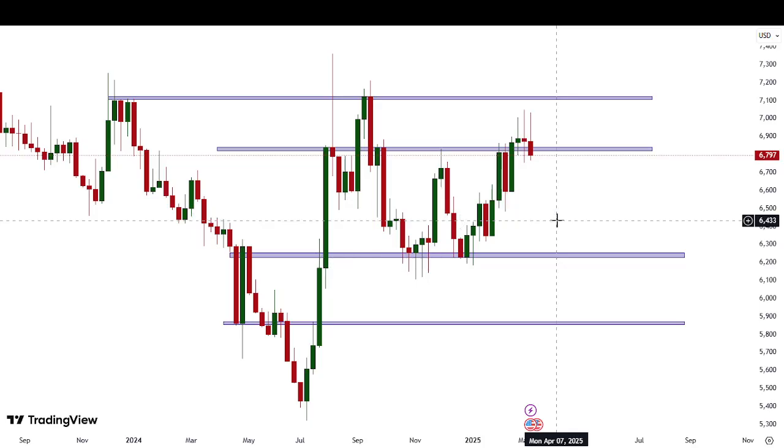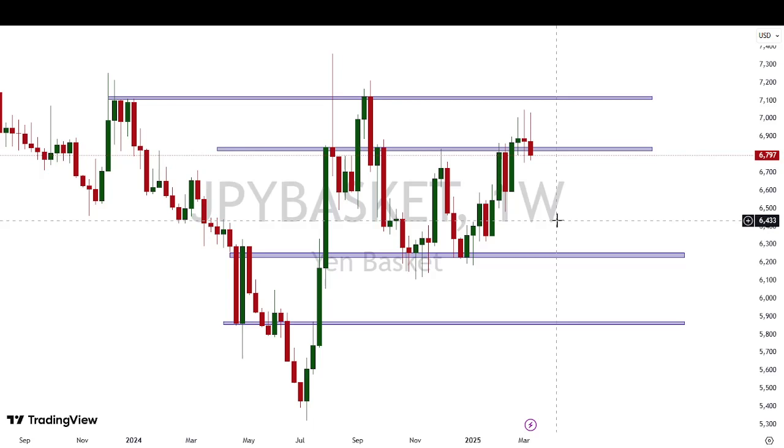So if we can see the dollar being weak and the yen being strong, we're going to expect a push down. All right, we're going to expect a dip down. Or if we can see the